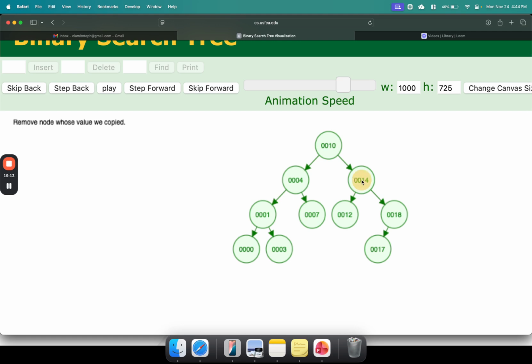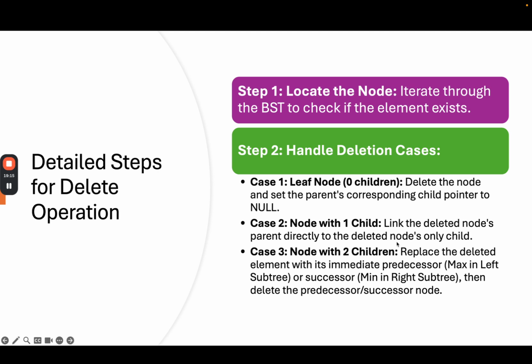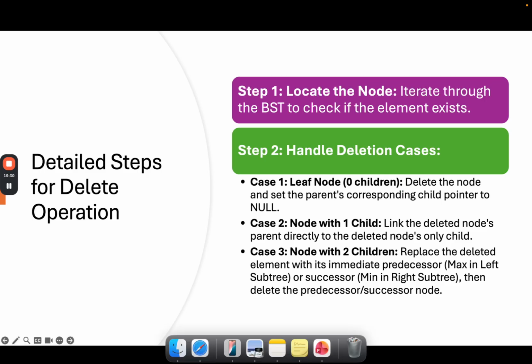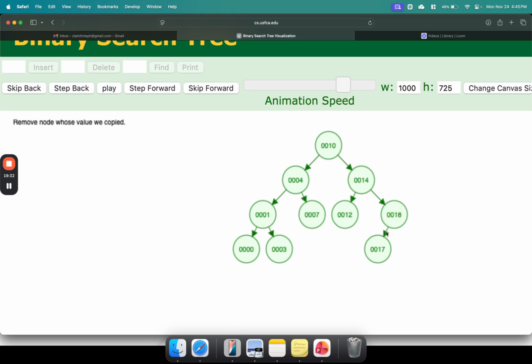If the instruction said to replace it with the successor, then you would need to go to the right subtree of 14, which is this entire set of elements, and then look for the leftmost value, which is 17. So 17 will overwrite 14.